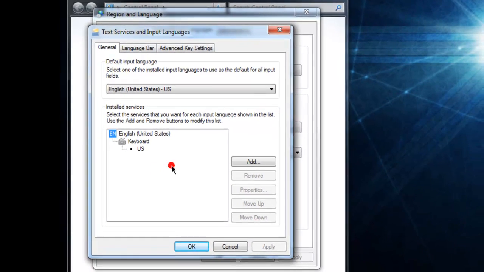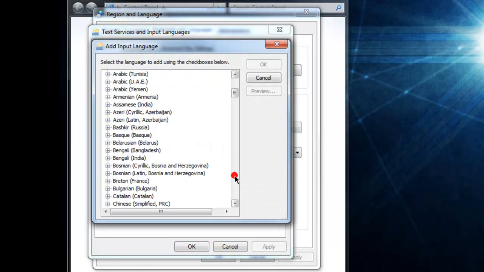So you see right now the English United States keyboard is installed, the US keyboard, the keyboard that we all use right now. And there's no others, or they'd be in this drop-down menu. So we want to install the United States International Keyboard to help us type French accents. So add, you want to scroll down,